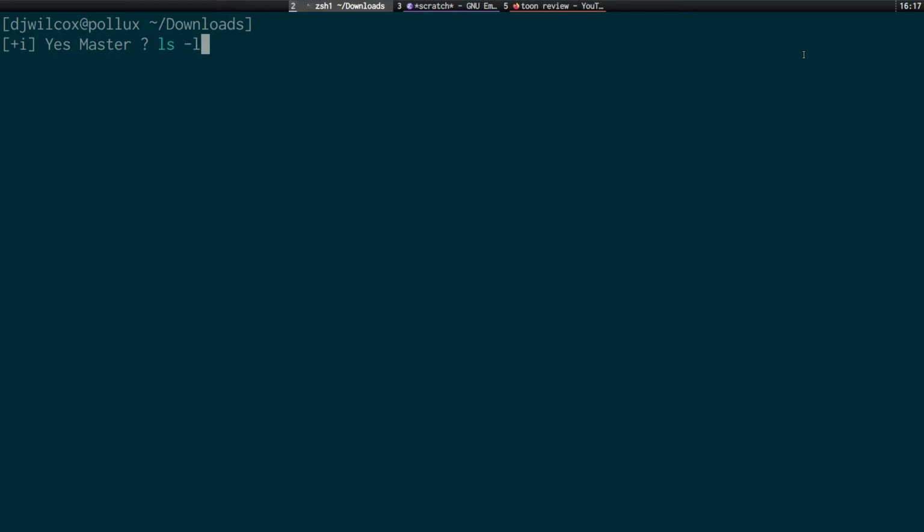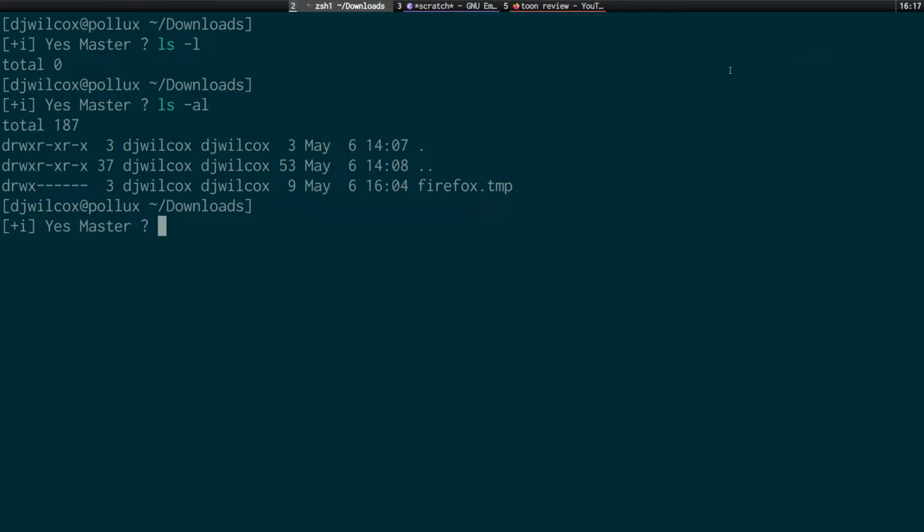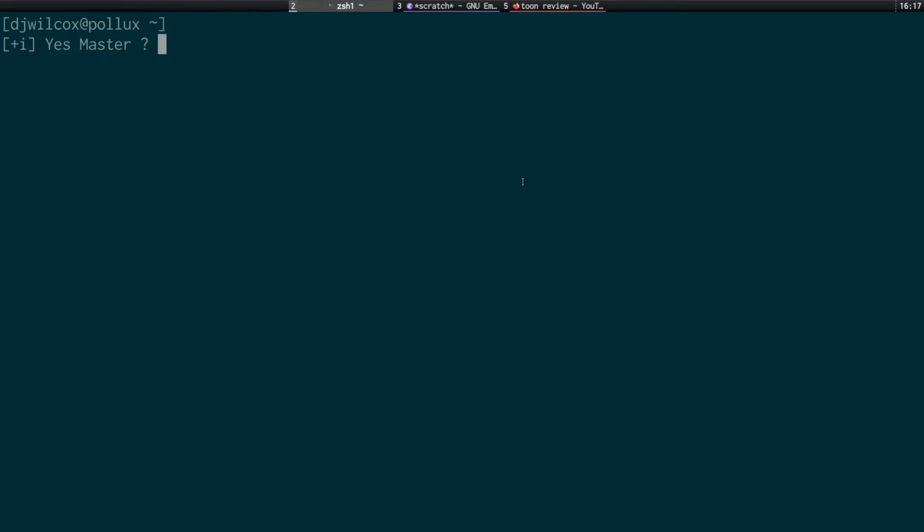So ls -l, I'm still not showing it. If I run ls -al, you'll see that it shows the firefox.temp directory, and that's how we hide the Firefox temp directory from the list command. And again, this will also work outside of the downloads directory,